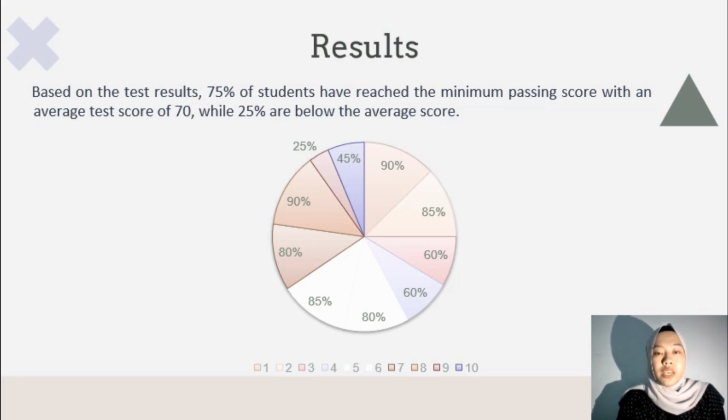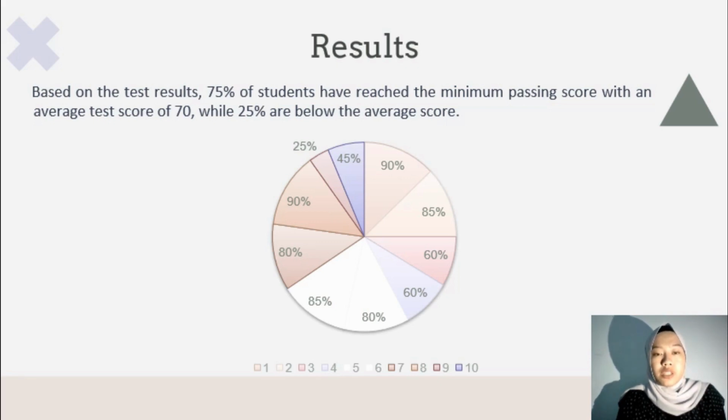Questions number 2 and 6, which relate to the place value of hundreds, tens and ones, as well as reading place value, were answered correctly by 85% of the students. Questions 5 and 7, which focus on reading place value and writing numerical symbols, were answered correctly by 80% of the students. However, questions number 3 and 4, involving the place value concept at a more challenging level, were only answered correctly by